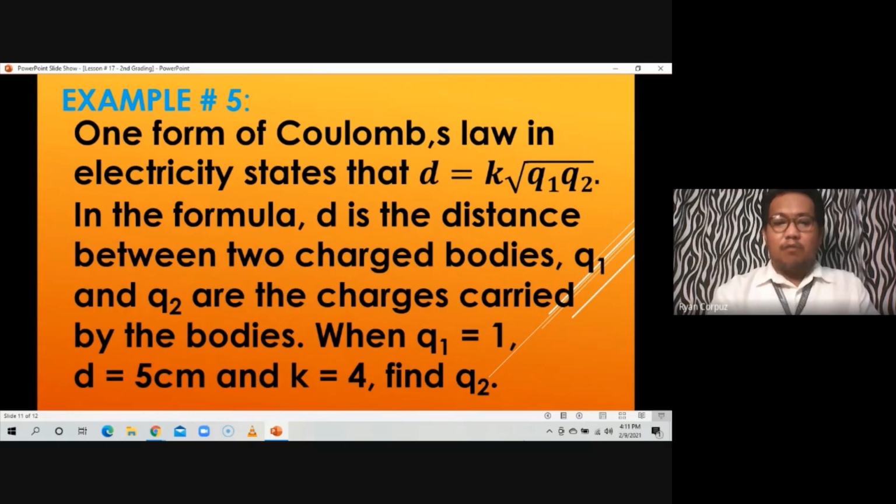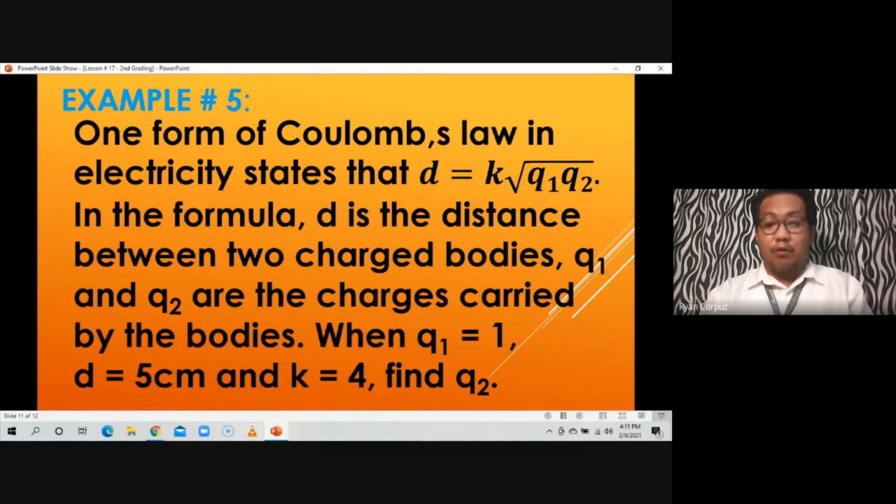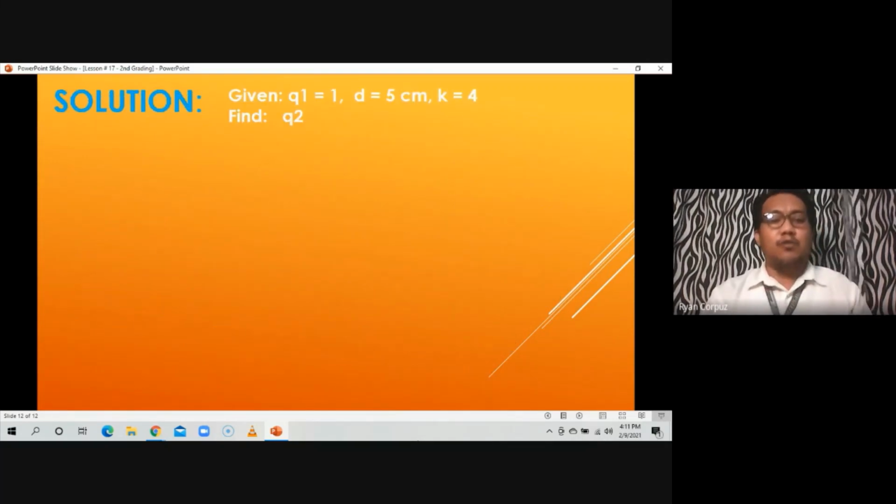Since we are looking for the steps, let's apply the steps that we have used. For our solution, the given in the problem: Q sub 1 is equal to 1, D, the distance, is 5 centimeters, and K is 4. So you have to find Q sub 2. So on our representation,